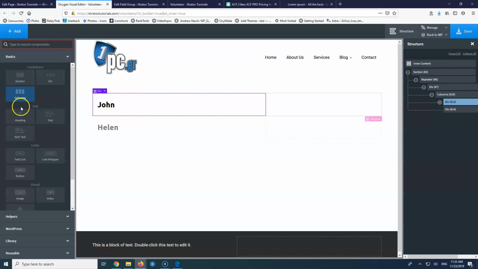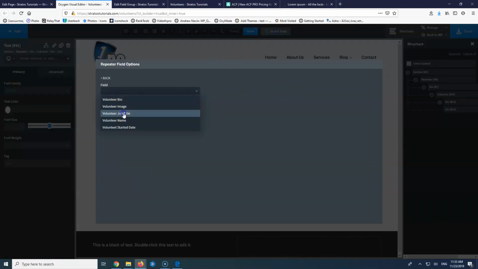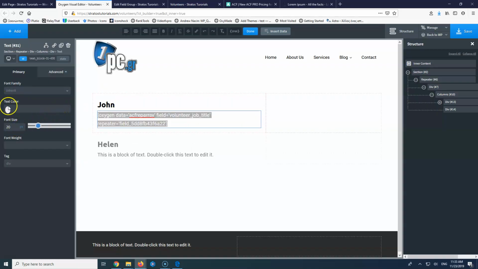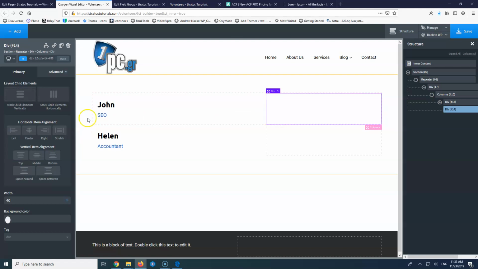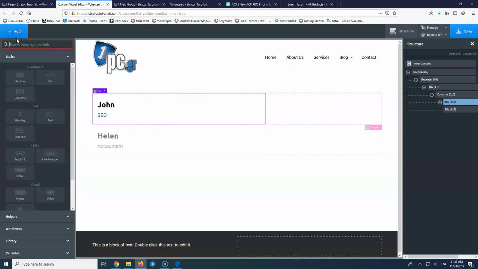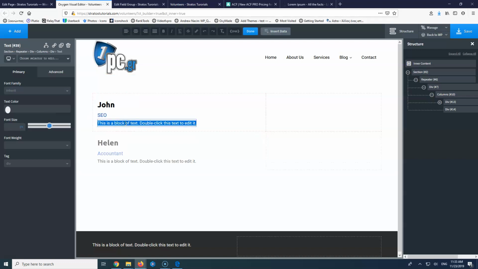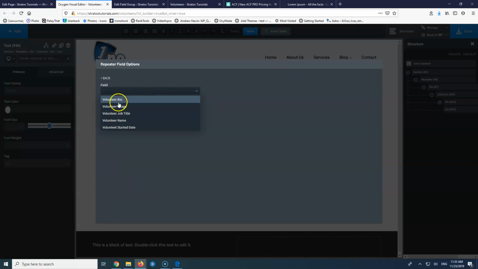After that, we're going to add another text, which will be his job title. Insert data, repeater field, and job title. Insert, and I want this to be 20, and text color, let's go for a blue. Okay, click outside, and we have SEO. After that, we're going to add another text that will say helping us since, and then we're going to insert the date, repeater field, and select the date,